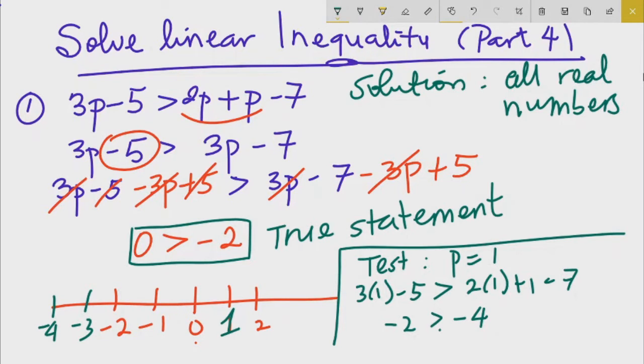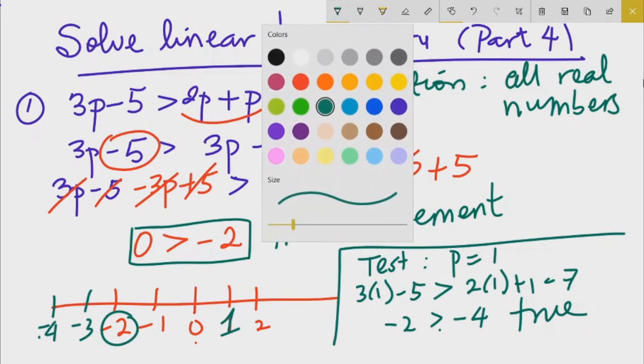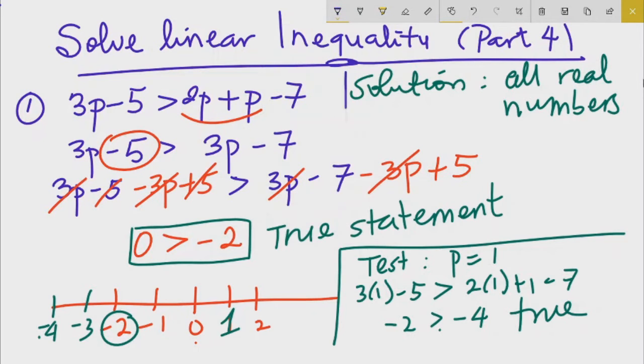Yes, negative 2 is definitely bigger than negative 4, because as you go to the left, the numbers become smaller and smaller. So this is true. The all real numbers solution is telling you that any real number will be a solution